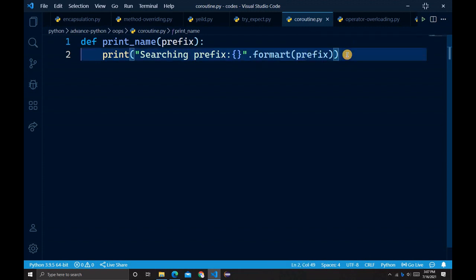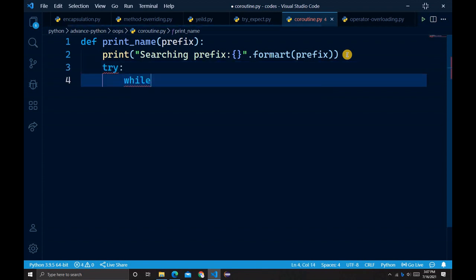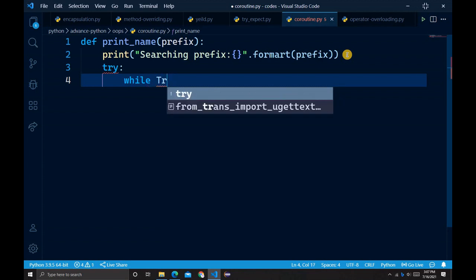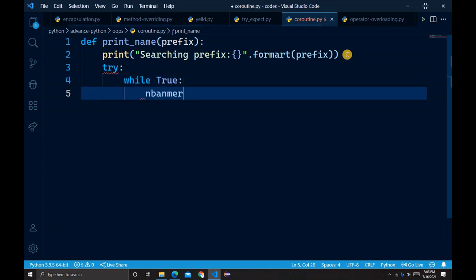Then we have to add try except handling, and then we add a while loop, and here you have to type True. Then we have to type name is equal to yield.